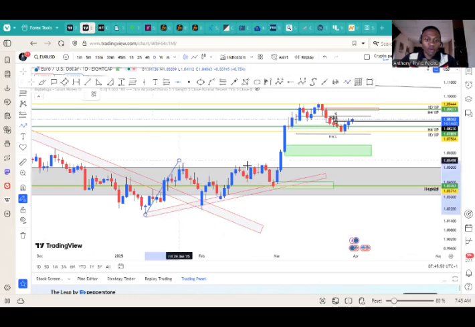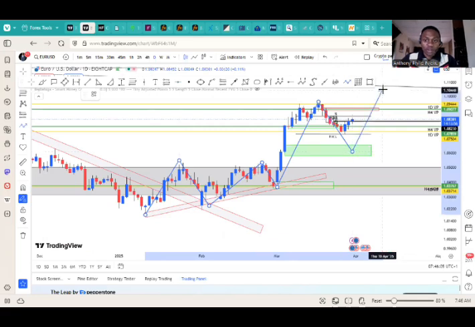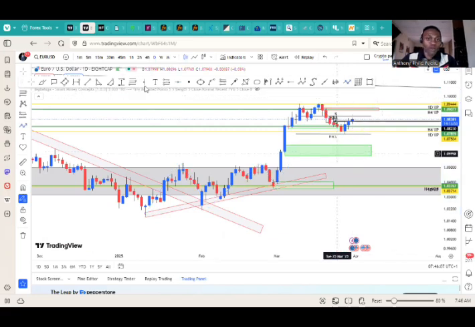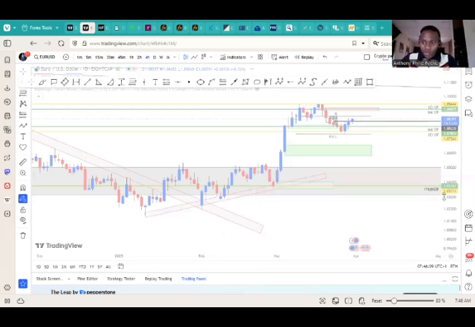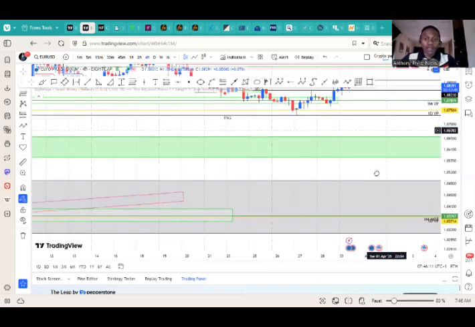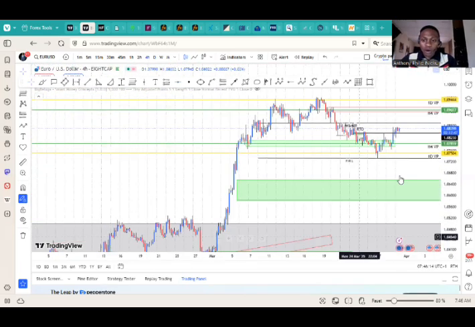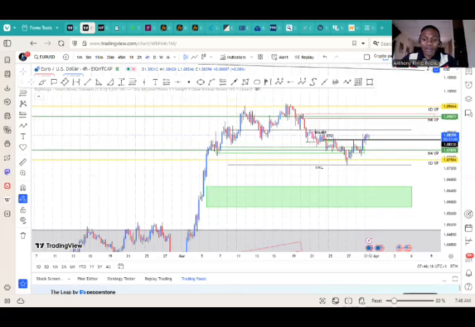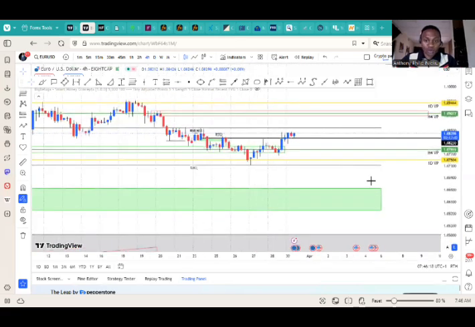Impulse, correction, massive impulse. We need this correction. Okay, in other words, massive impulse. So be mindful. The overall trend is a bullish trend. So then we go down to the 4 hours time frame. What we do on 4 hours time frame, we spot the 4 hours prevailing demand and supply zone.